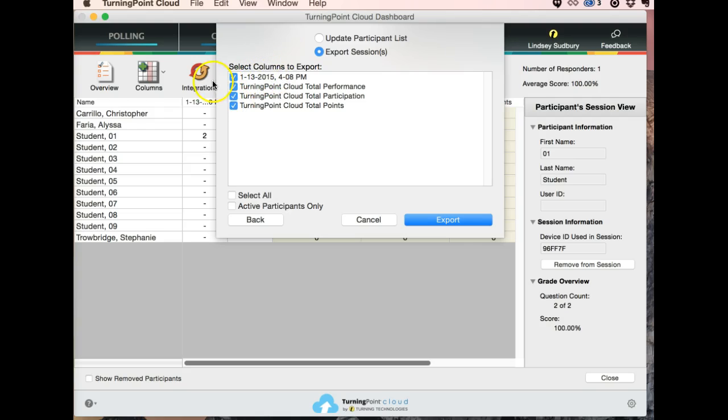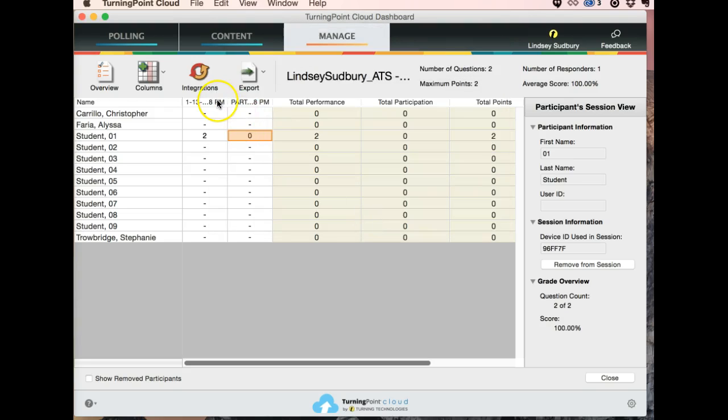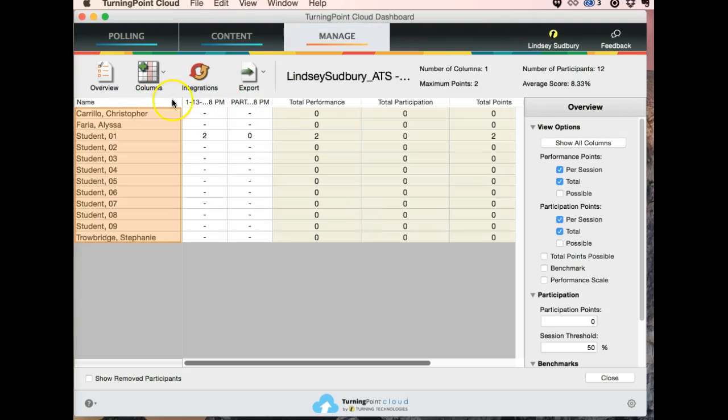These are governed by the columns that you have turned on. If you don't see something in the list that you do want to export, then you need to actually go back and turn those columns on. So you see I can actually just click here, and I have performance points per session, total. I could turn on possible, total points possible. So there are some other options here, but if you don't see those options in integrations, that's where you would